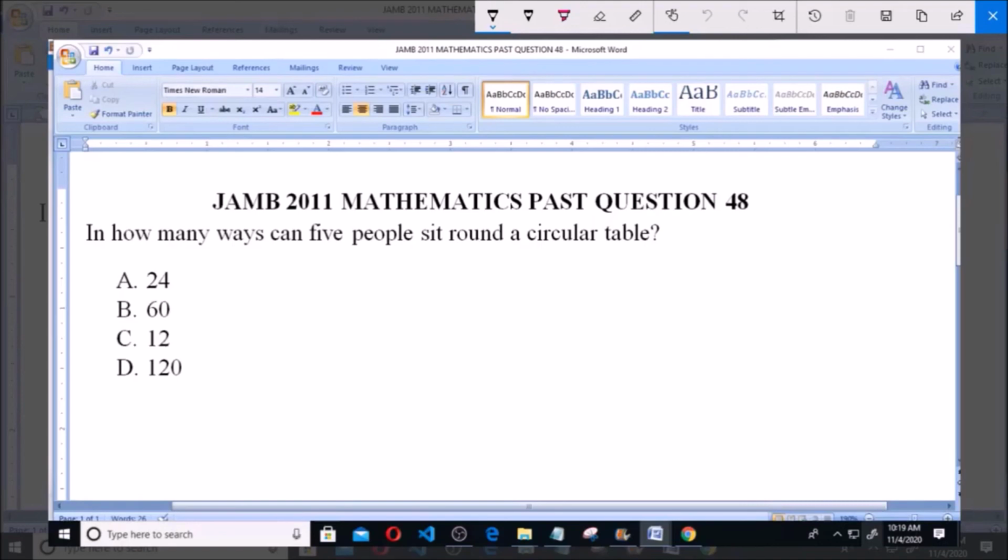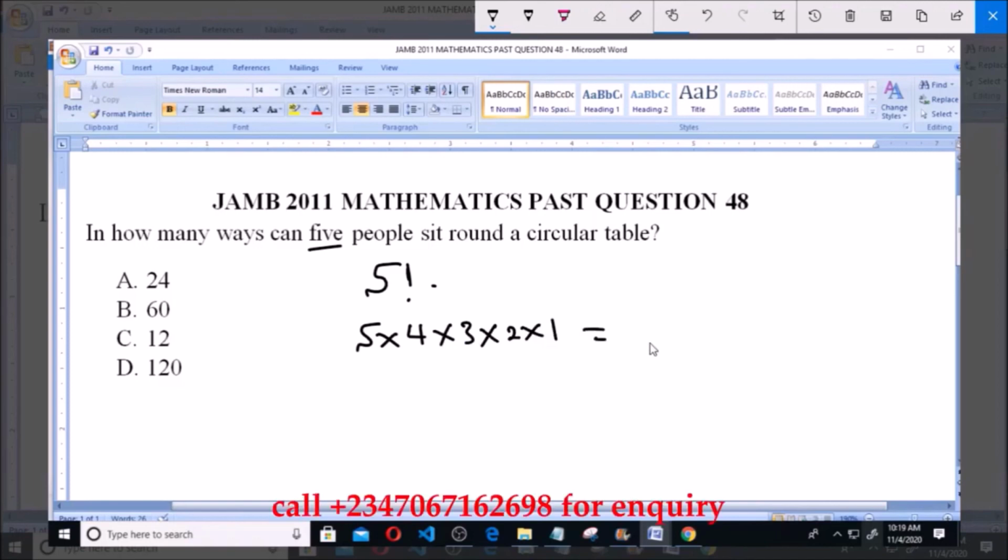In how many ways can 5 people sit around a circular table? Now, when you have 5 people, this simply means in how many ways can these 5 people be arranged? Since you have 5 people, to arrange them simply means 5 factorial. That is 5 multiplied by 4 multiplied by 3 multiplied by 2 multiplied by 1, and this is equal to